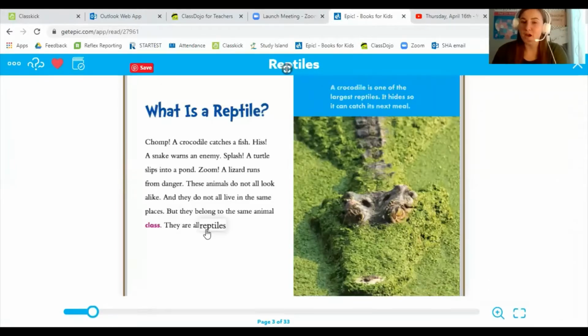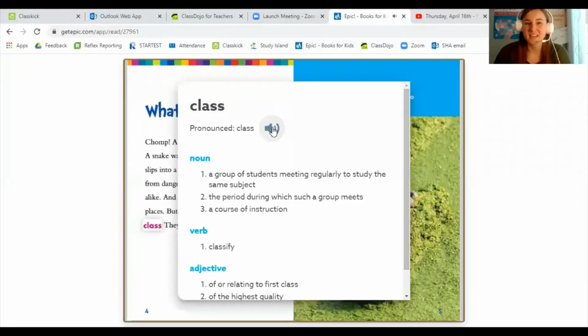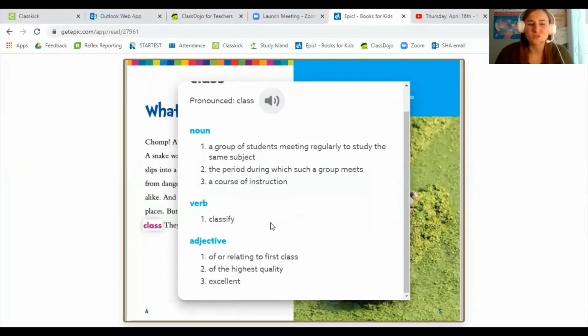So after I've thought about it and used my context clues, I'm going to look up the definition. A class. And there are a couple of definitions. So we're going to look and try to decide which definition fits ours the best. A group of students meeting regularly to study the same subject. No, that doesn't match with what we're reading. Number 2, the period during which a group meets. No, that's not what we're looking for either. And number 3, a course of instruction. And that